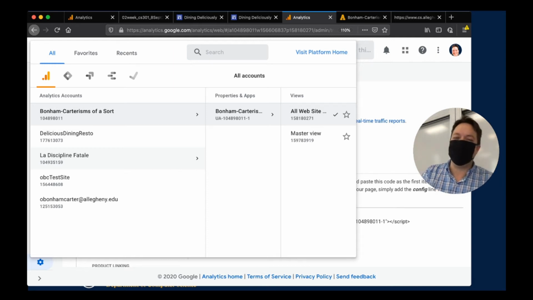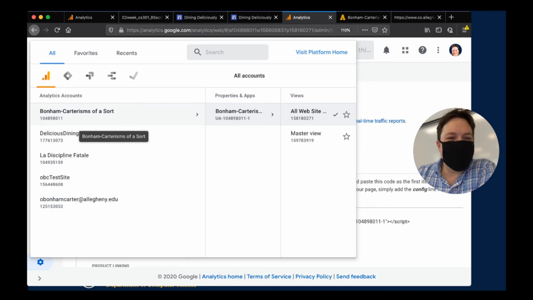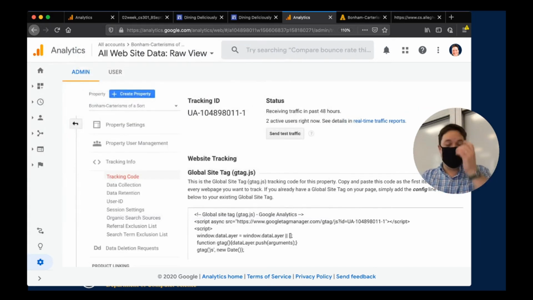But we created this simple website. None of these websites do anything, it's just names. And then I had OVC Test Site, which was the site before. And then I just had my name, which is the very first time I ran this thing, which is kind of crazy. So I'll just take you through what to expect in these things here, and hopefully, if you go to your analytics website here,